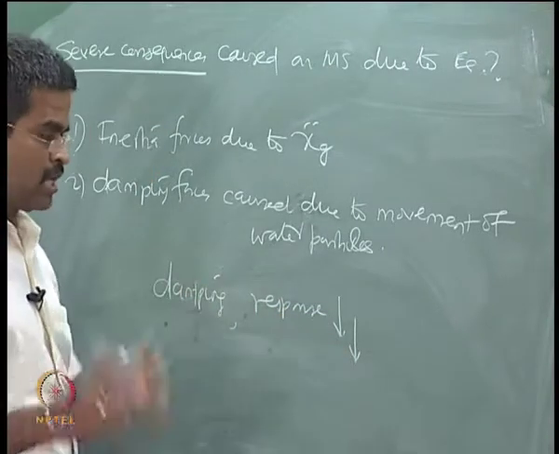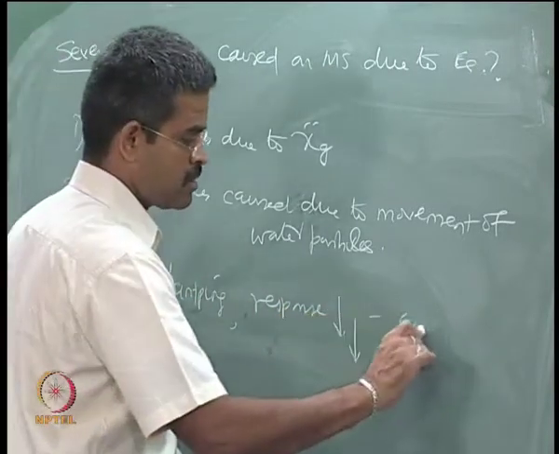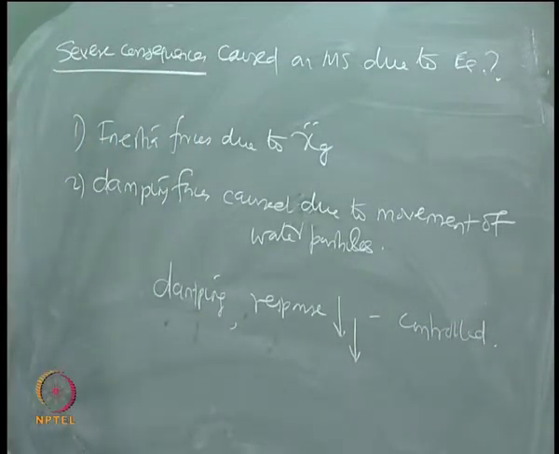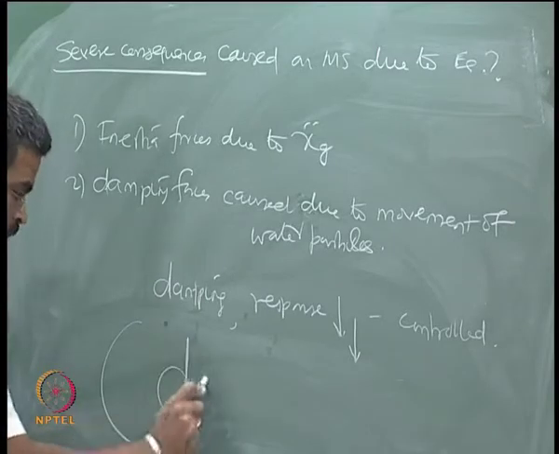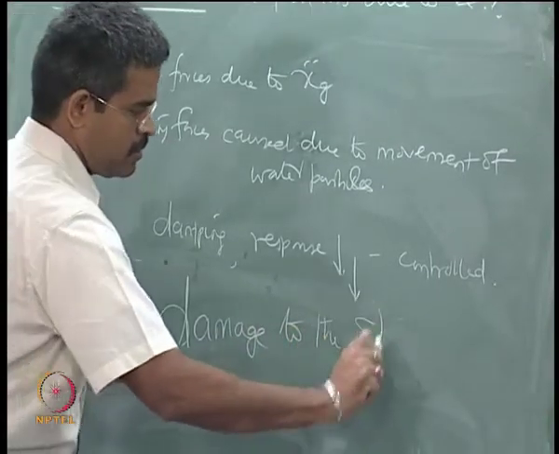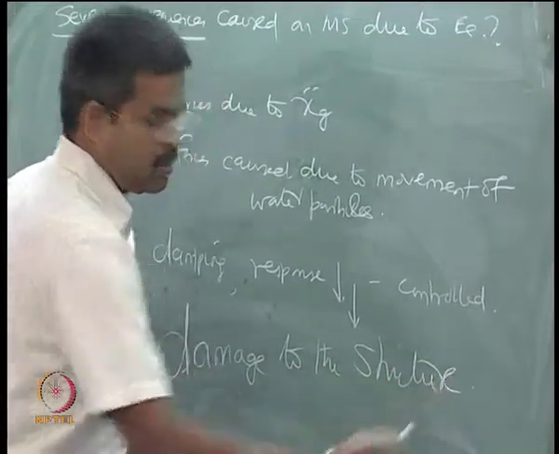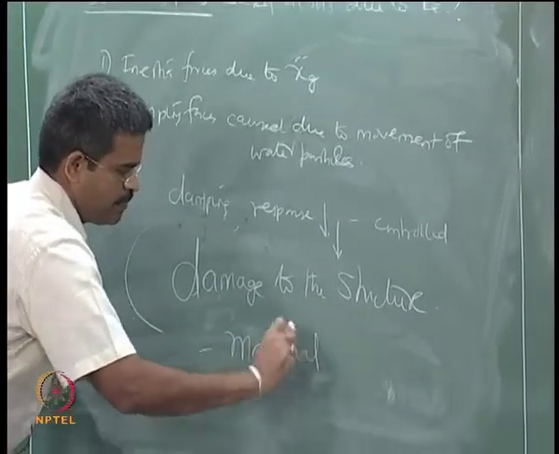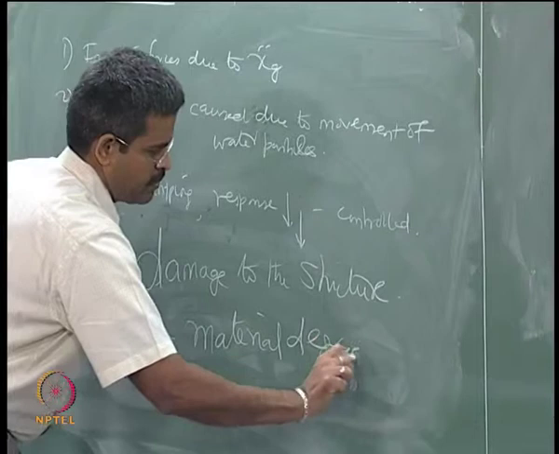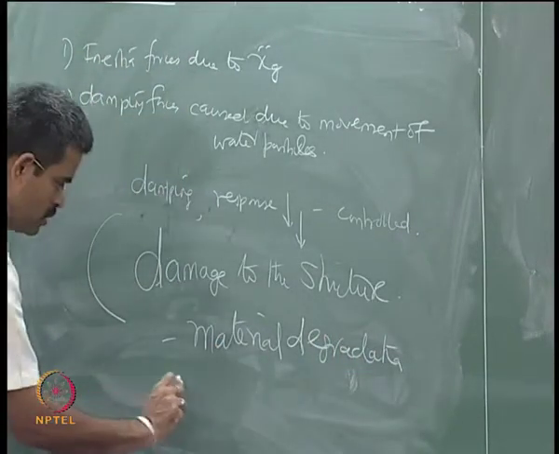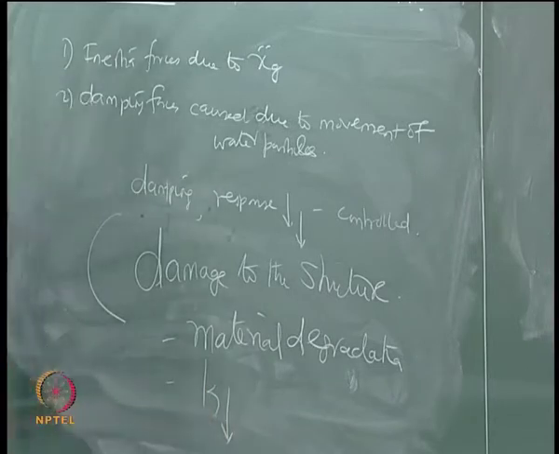You can also think that the response of the structure is controlled. What we are not understanding, or what we fail to recognize, is that it is causing parallel damage to the structure in terms of material degradation, stiffness reduction,